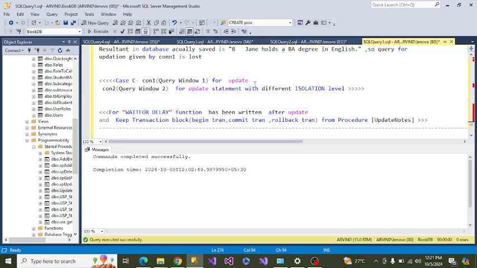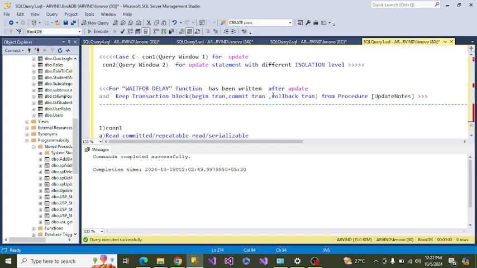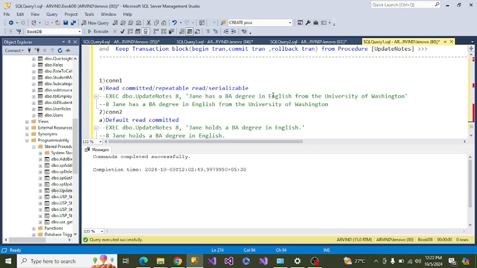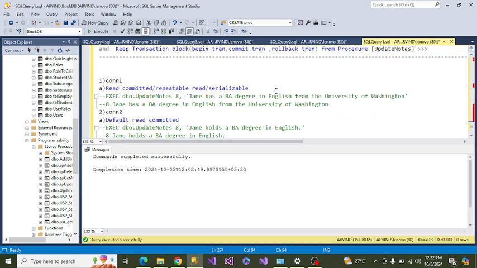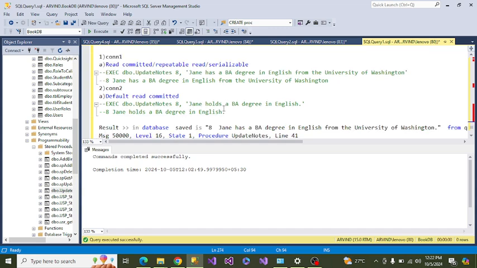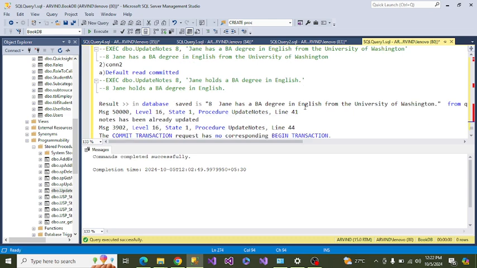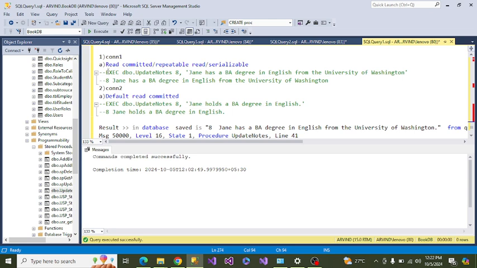So if you see here, wait for delay is written after update, and we keep it at transaction level. If one user tries to update this one, and another user at the same time tries to update this one, it says that the node has been already updated. So I can show you.